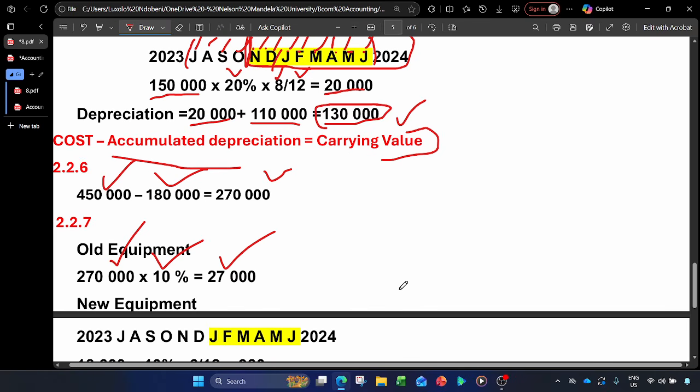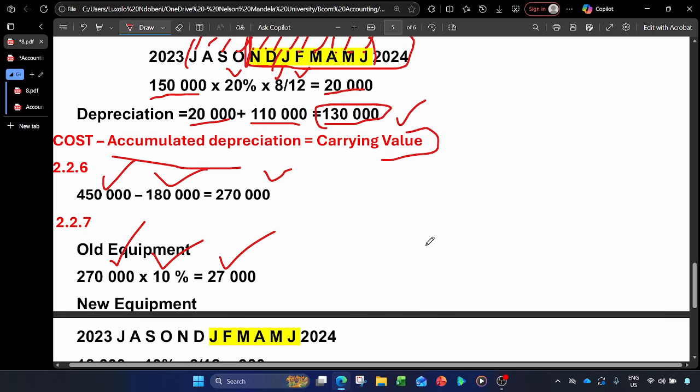So note, guys, an asset doesn't depreciate without it being used, right? A depreciation is calculated at the end of the year by considering the months that the asset depreciated in the business, right? So that means this new vehicle or new equipment, bought on 31st of December, didn't depreciate at that point in time, but it depreciated from 1st January until 30 June. And now we don't calculate depreciation during the year. We calculate depreciation at the end of the year.